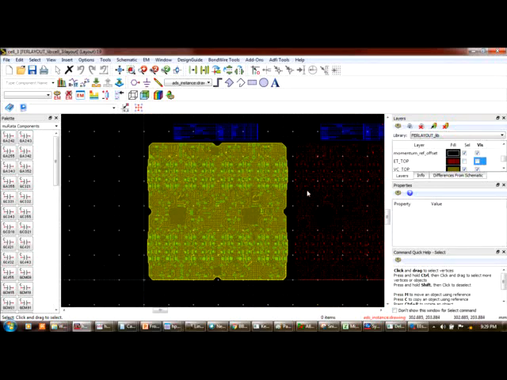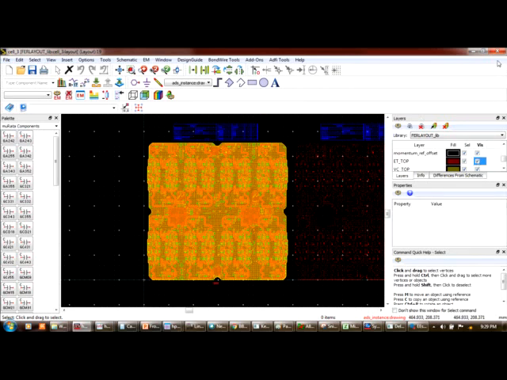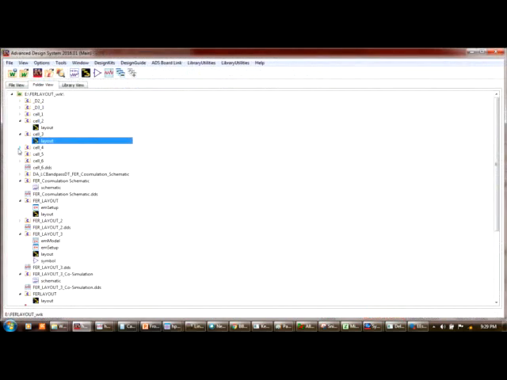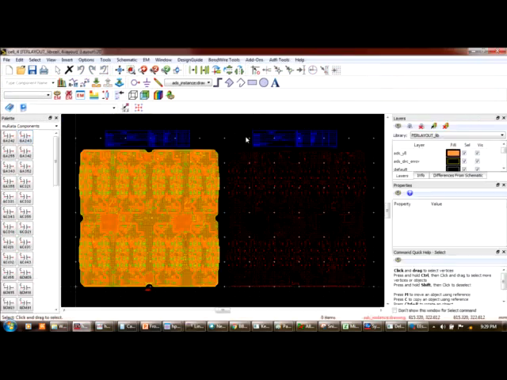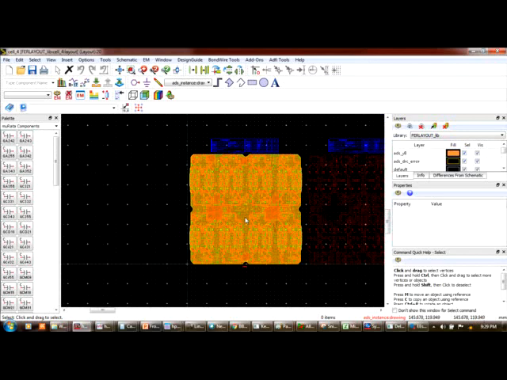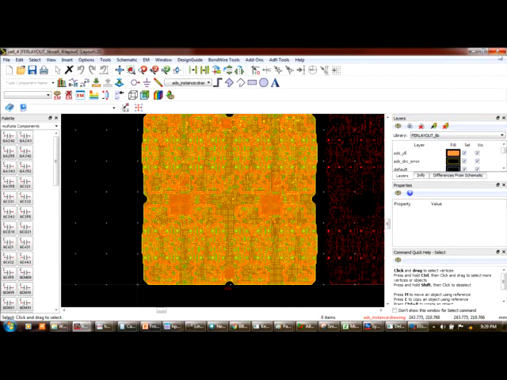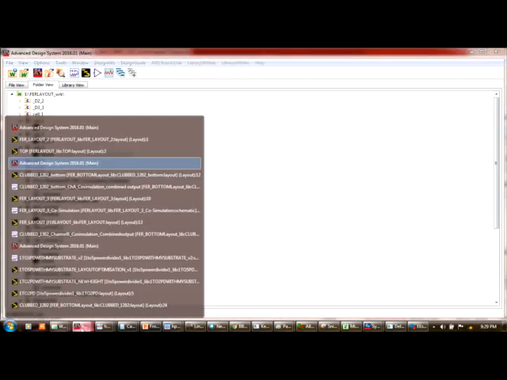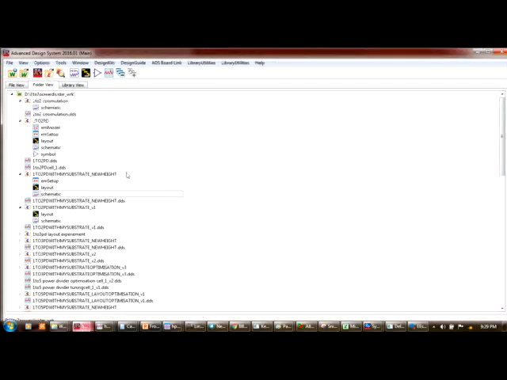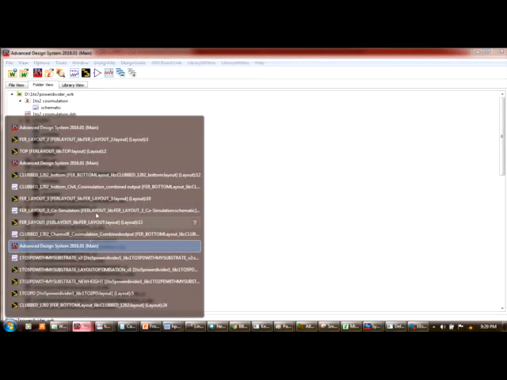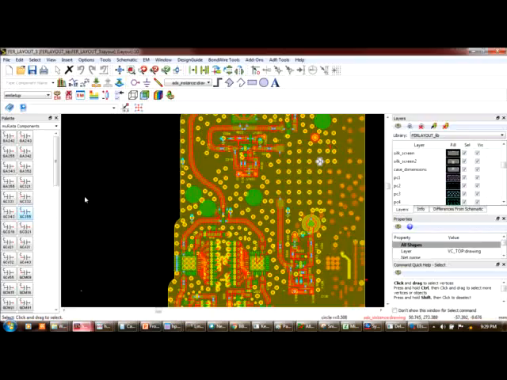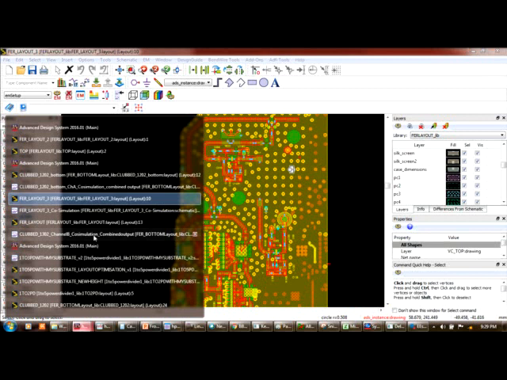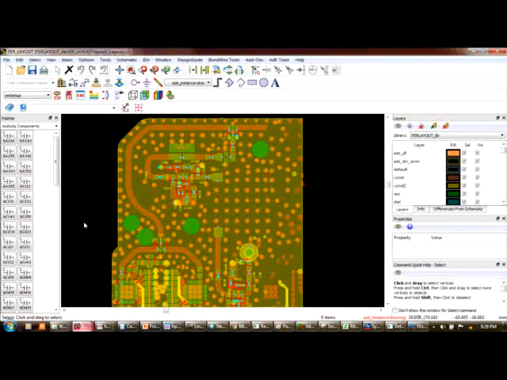The complete bottom layer is routed into the other section. Yeah, so the bottom layer simulation is something like here.